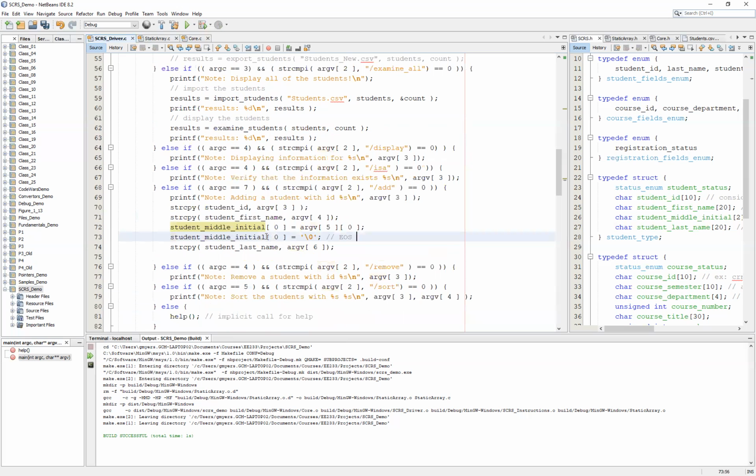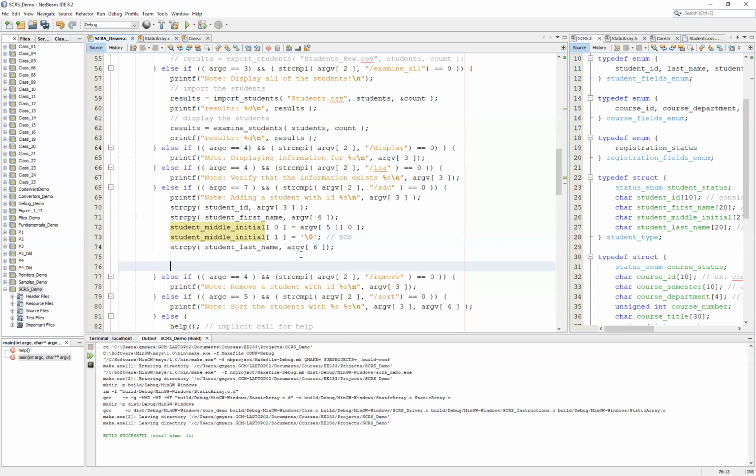And that guarantees, or essentially truncates, so you would want to make sure that goes in the first position, the index equal to 1 position. That would guarantee then that you would not get too long of a middle initial. At this point, what we want to do is import the existing students,